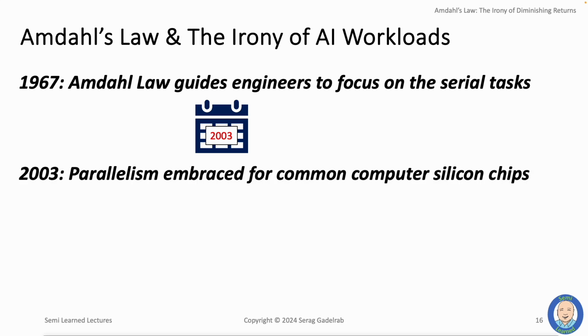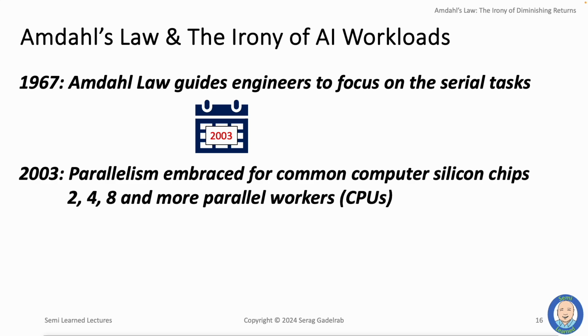But in 2003, and for many reasons that are beyond our current scope, the performance of computer hardware could no longer be improved significantly for serial tasks. And so the hardware designers started creating parallel systems in the form of multiple CPUs on the same chip, hoping that the software writers will be able to use this parallelism to accelerate software. At that point, we started seeing silicon chips with 2, 4, 8, and even more parallel CPUs in laptops, desktops,